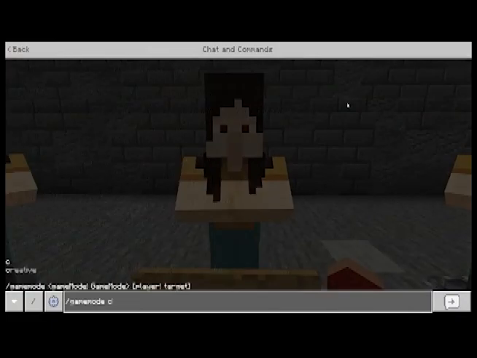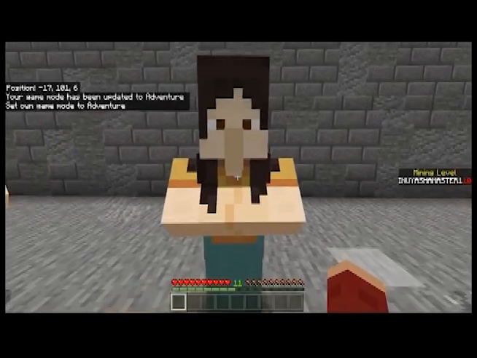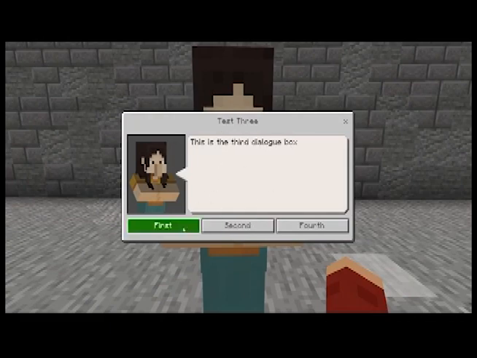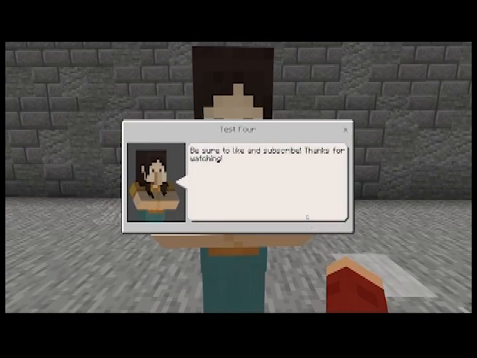What I'm going to do is go into adventure one more time. And again, so this is the first one. Here's the second one, third, go back to first, go back to third, and then the fourth is just a